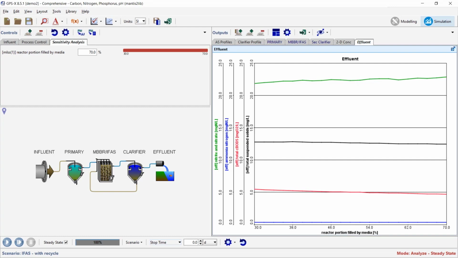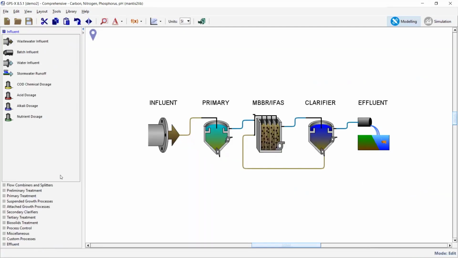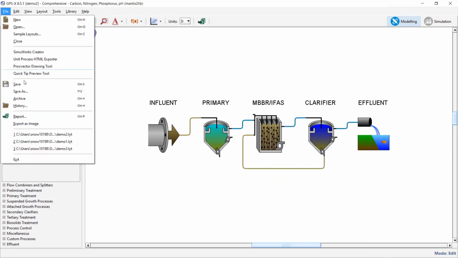Now, we could put a whole lot of graphs up here and dig through the details of those 2D graphs to find out exactly what's going on with all of those things. And if we had a webinar that was 3 hours long, I probably would go through all of that with you as well. Okay, the last one I want to do, so that I can stay on time here, is to look at